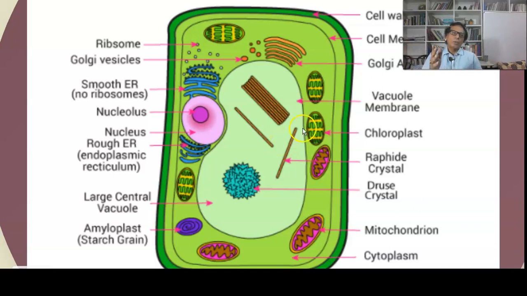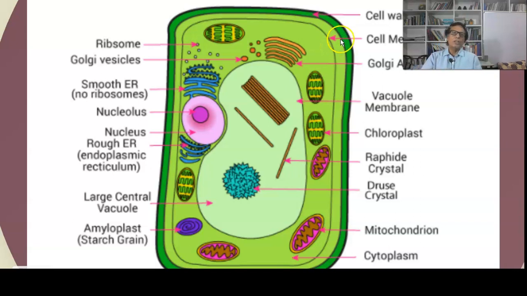First of all, we study the cell membrane. There are three parts of the cell: the cell membrane, this is the cytoplasm, and this is the nucleus. The cell membrane covers and shapes the cell. The cell membrane is also called the plasma membrane. It allows the movement of substances inward and outward to other cells. The cell membrane also gives the shape of the cell.